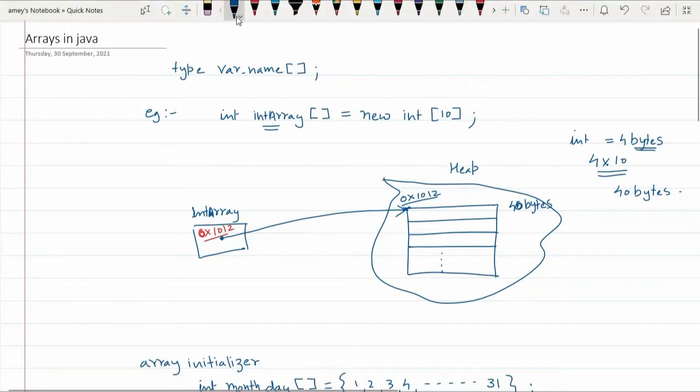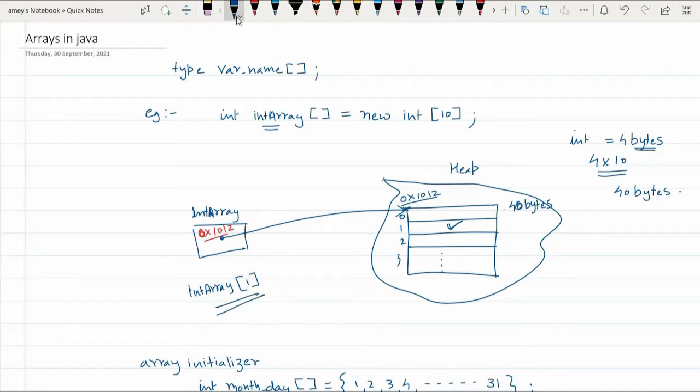Now, whenever we talk about arrays, arrays have indices, right? So, this is the 0th index, this is first, second, third and so on. Suppose I want to access this particular index of the array, then I can say int array of 1.